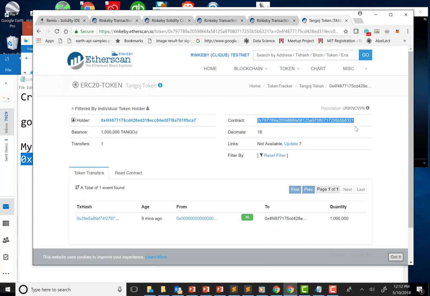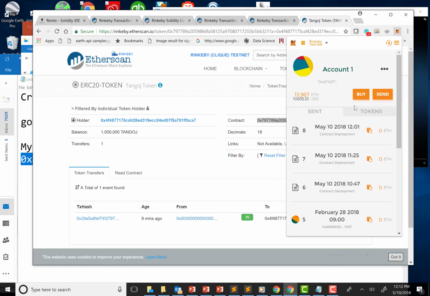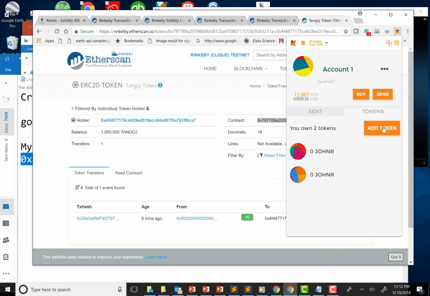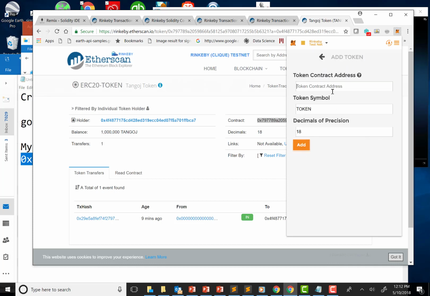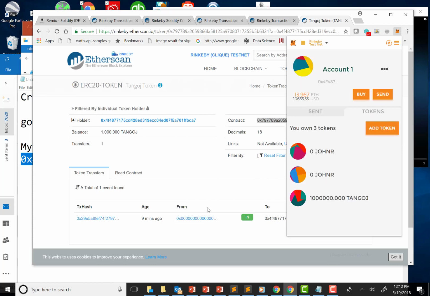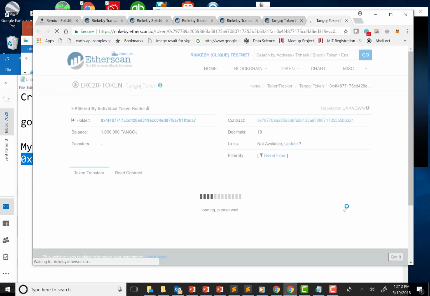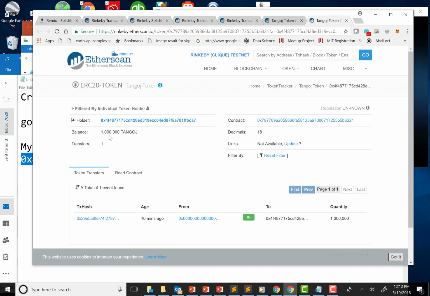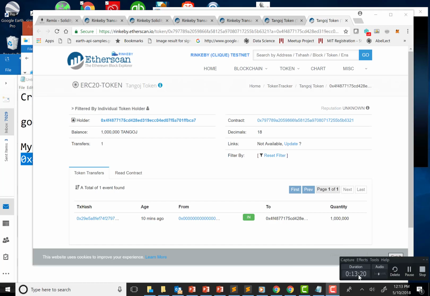Let me copy it. And I'm going to go back into MetaMask now and make a link in MetaMask to this contract so that we can see our tokens in MetaMask. So here we're going to add the tokens. So this is the contract name. It immediately knows it's called Tango J. We add it in, and there now we've got 1 million tokens that we can issue to other people. So if I wanted to send you a token now, I'd need to know your public address, and develop a transaction sending you these tokens. Okay,